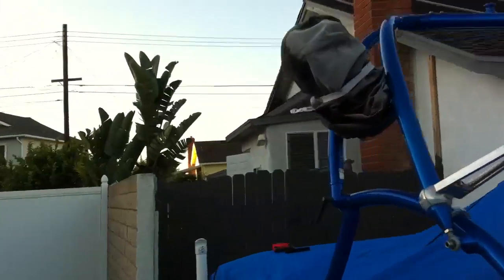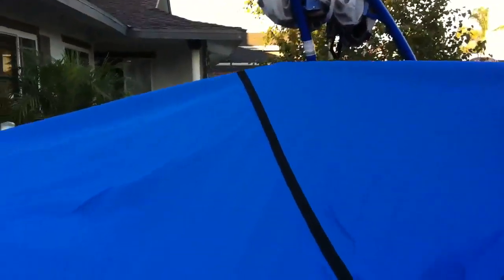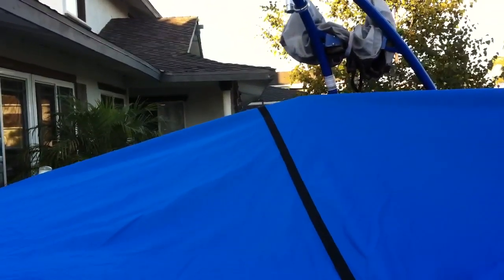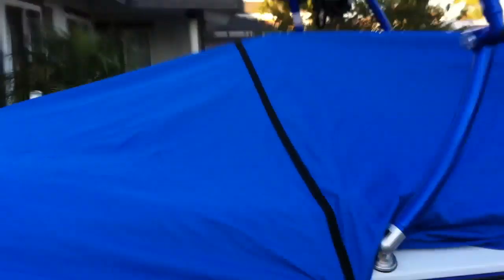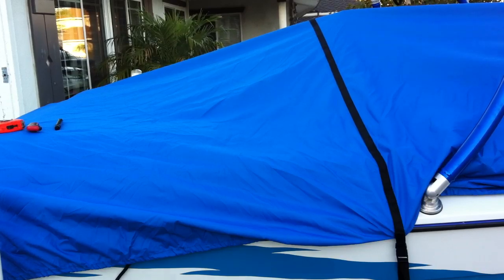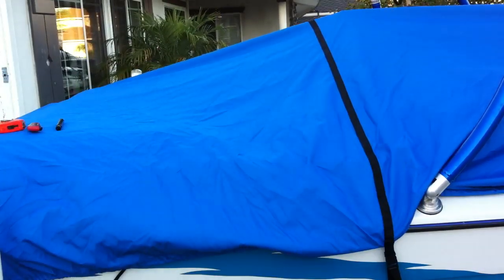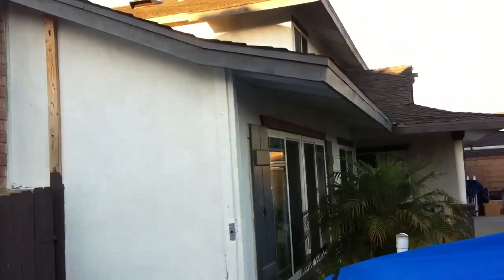So we're going to go over to the back here, and the critical part is getting it in the right place so you can get good runoff during the winter. And if you don't, you're going to have problems. So what I'll end up doing is, on this, because I have some areas that don't actually tuck in real well, I'll put an eyelet in here and then pull this down. And so now I'll also make sure that it's centered